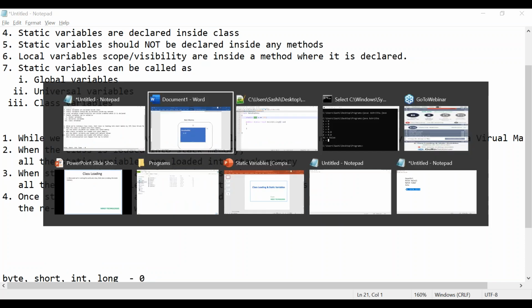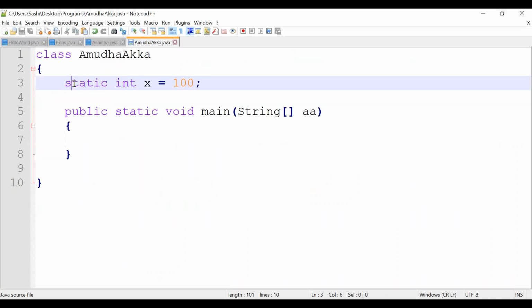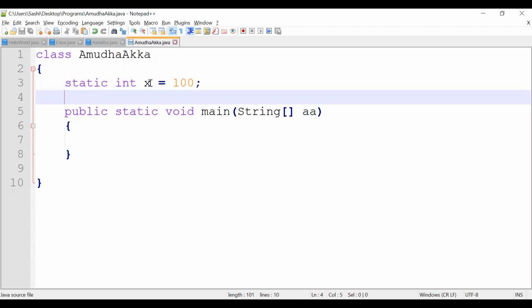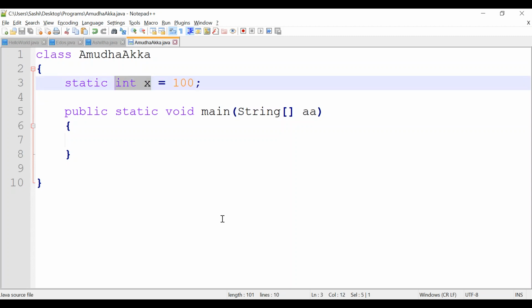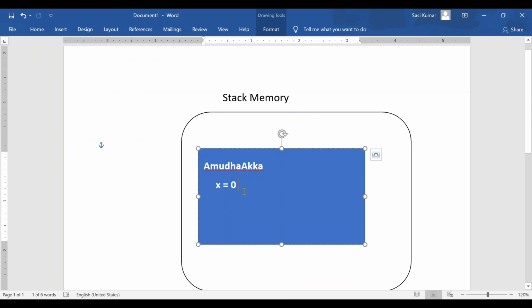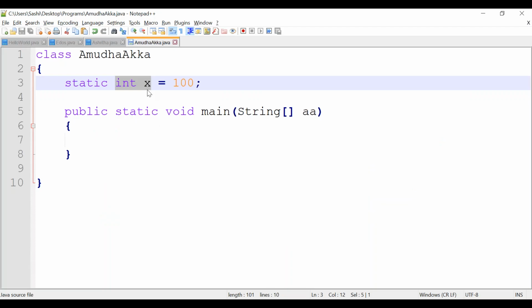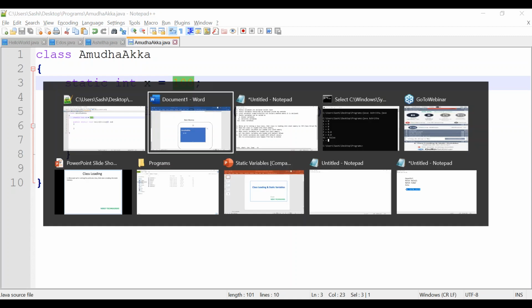What does it mean? Here we declared static int x equal to 100. The third point is, x will be loaded with the default value. First, the x value is 0. Then once x is loaded with the default value, it will scan the class and check that it is already loaded with a default value, then it will reinitialize the value. What is the value here? 100.